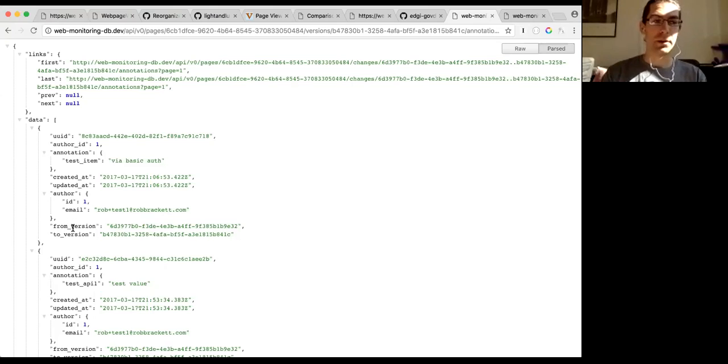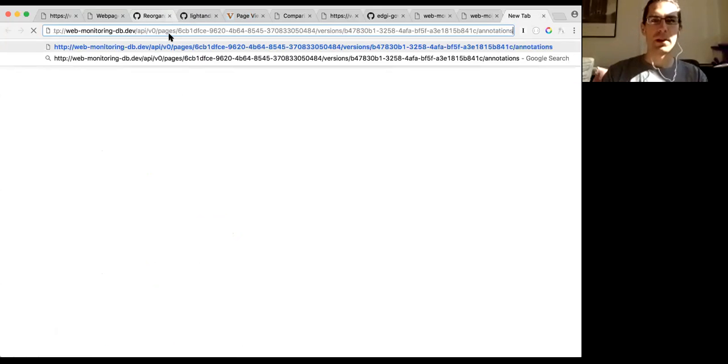But anyway, the important thing coming back here is this annotation has a from version and a to version. So even though we said, give me this particular version's annotations, all the annotations are actually from one version to another. And in this case, it's from the previous version to the current version. But these are arbitrary. And so the more complicated way to look at annotations and to post annotations that aren't just about the current and previous is to go to, let's make a new tab,